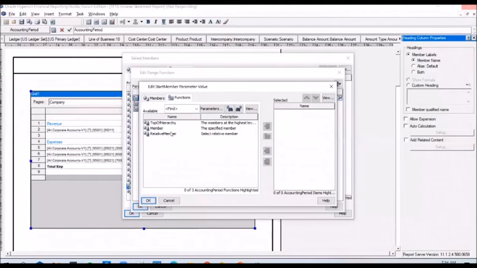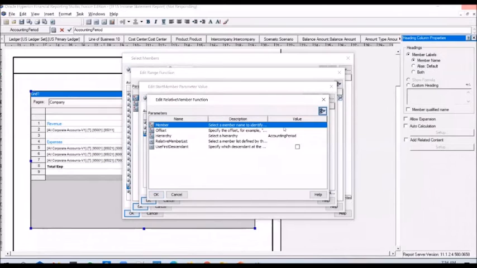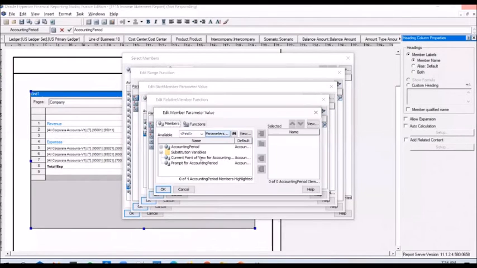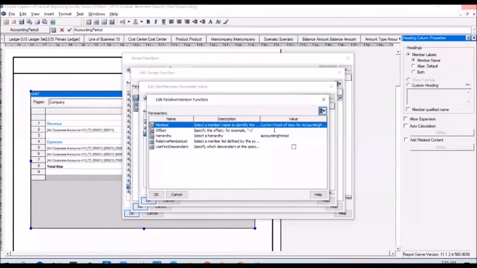So you take it off, select relative member, add it in, and the moment you say relative, it will ask you to identify the original member, to whom you want to set this up as a relative, and you select the accounting period point of view again, current point of view for accounting period, click OK.